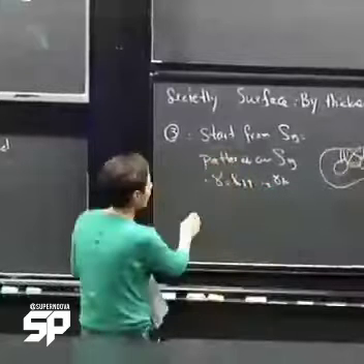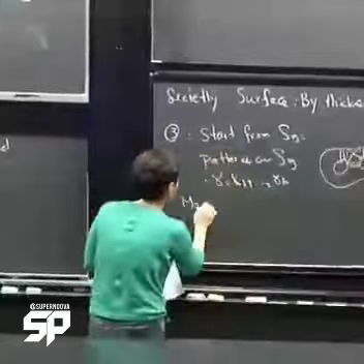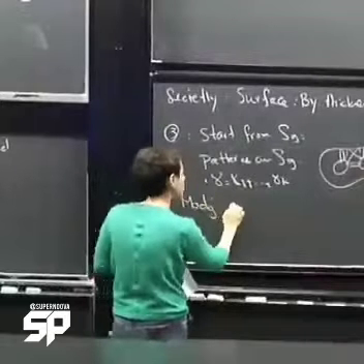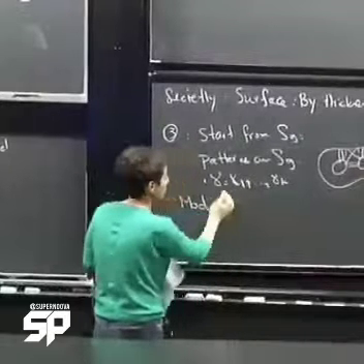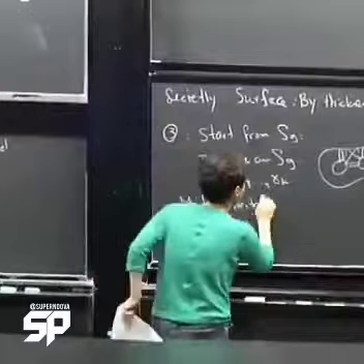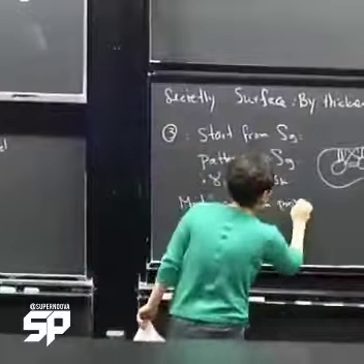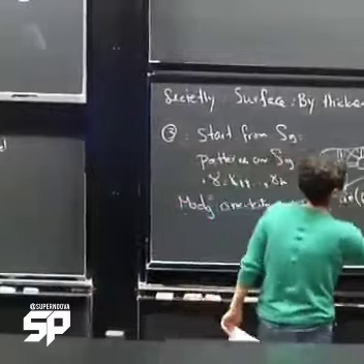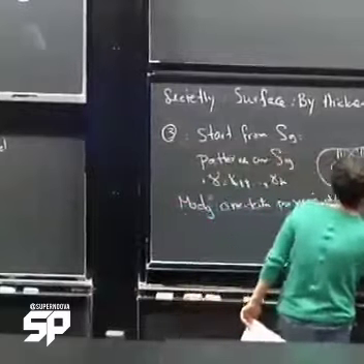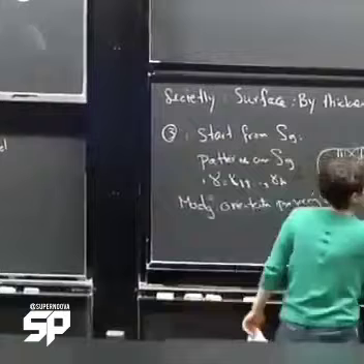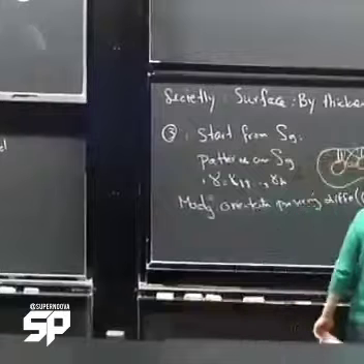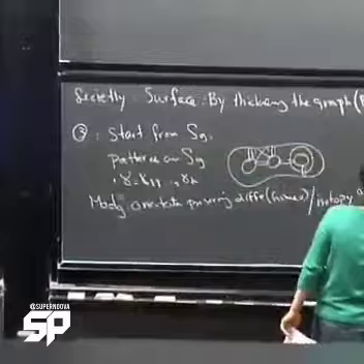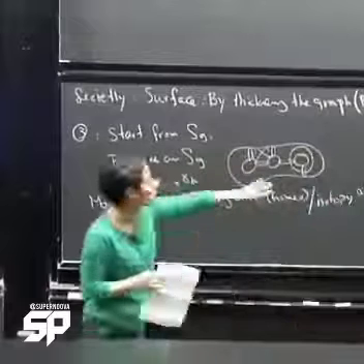The action is by the mapping class group of S_g, which is the group of orientation-preserving diffeomorphisms or homeomorphisms up to isotopy. So all I'm saying is that if you have a very complicated homeomorphism,